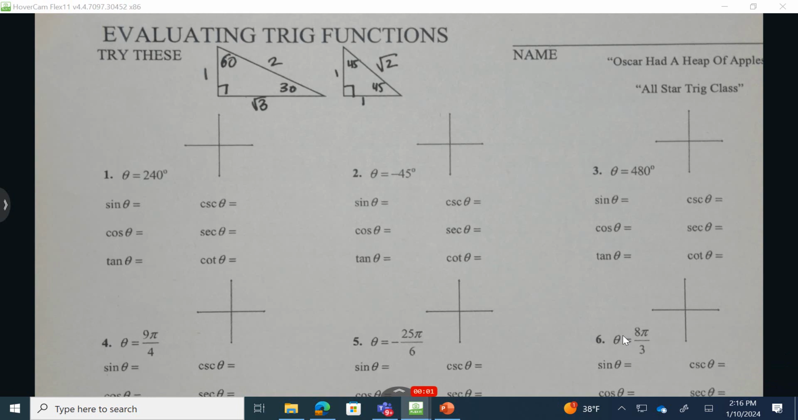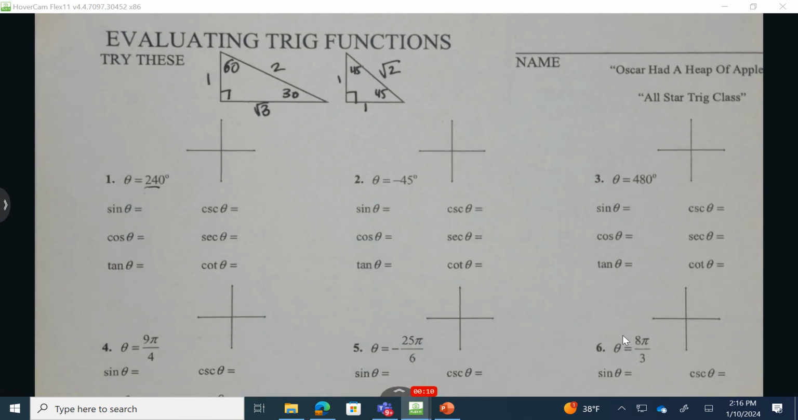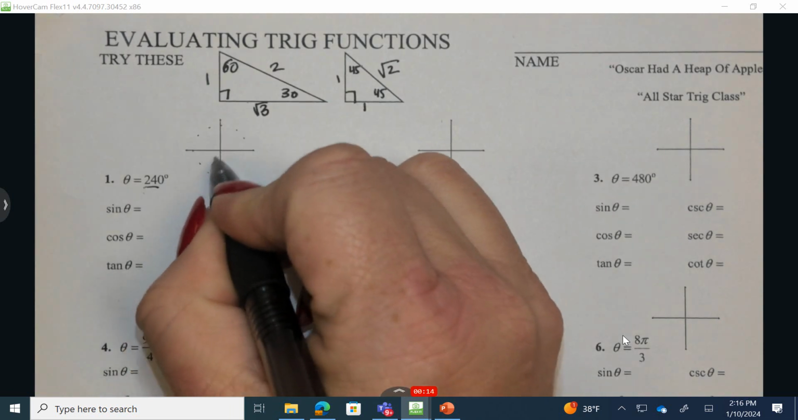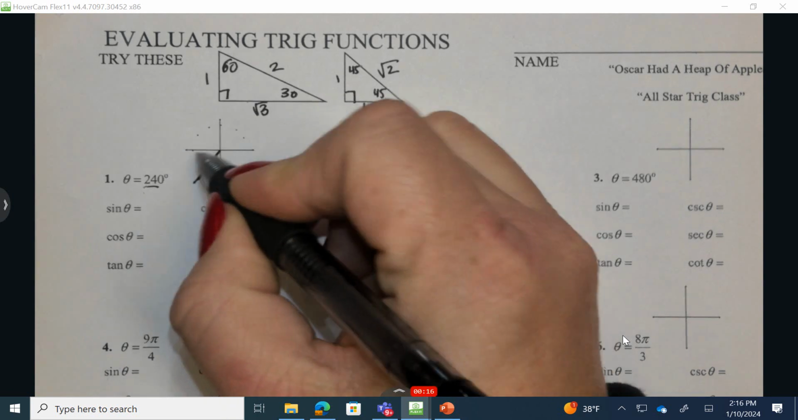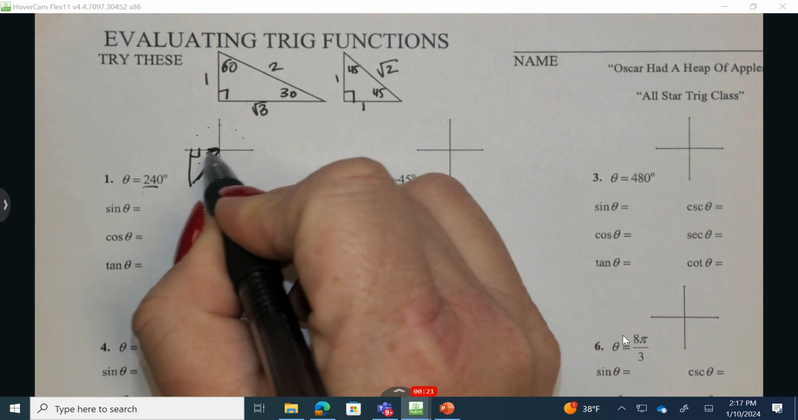Unit 9, Lesson 4. Let's do these 6 try these. So I'm going to start here by identifying where it's 240 degrees. I know 24 divides by 3 8 times. 1, 2, 3, 4, 5, 6, 7, 8. That's right about here. I'm always going back to the x-axis, and it's this interior angle that I'm going to be